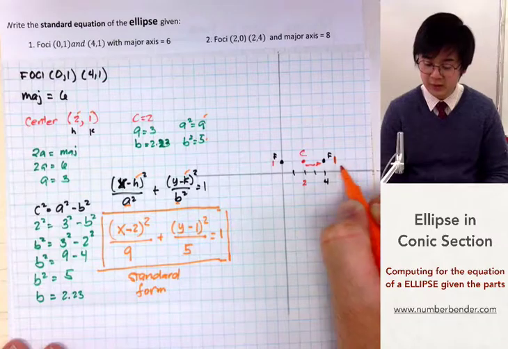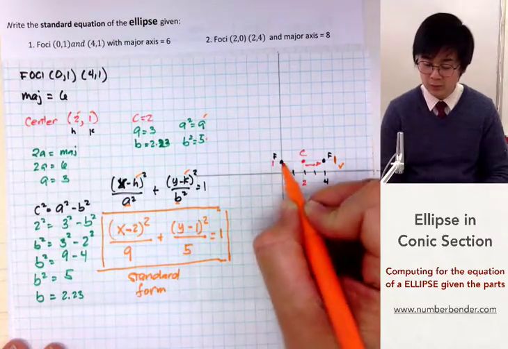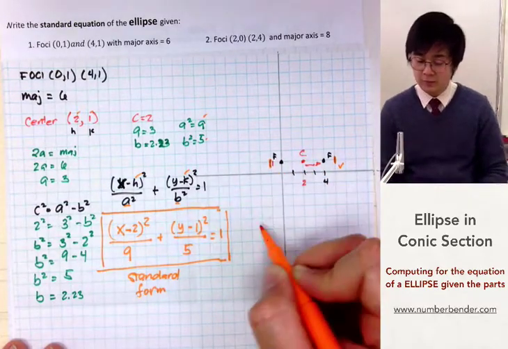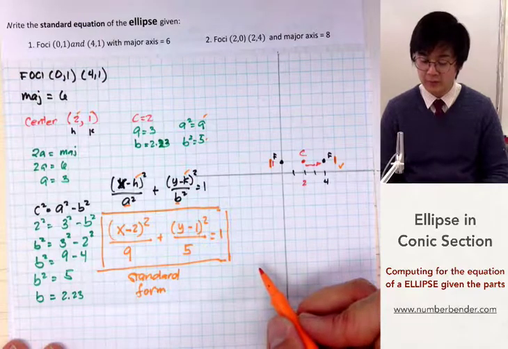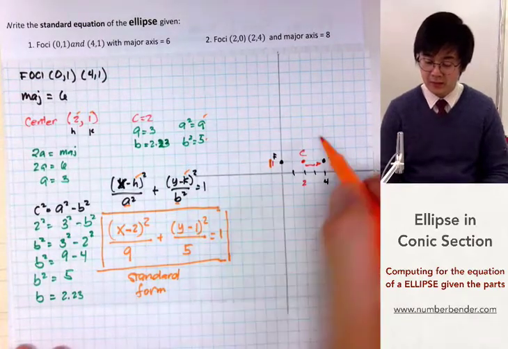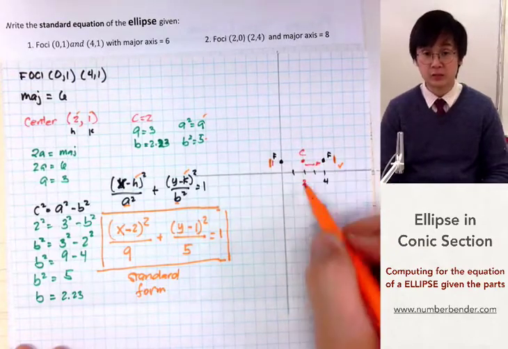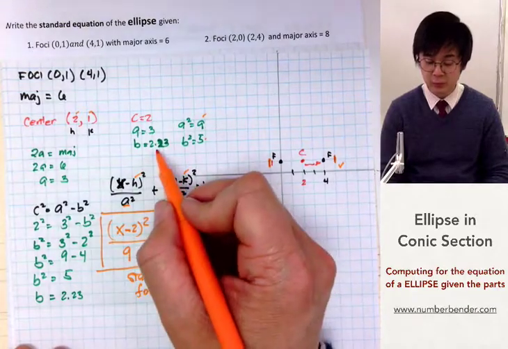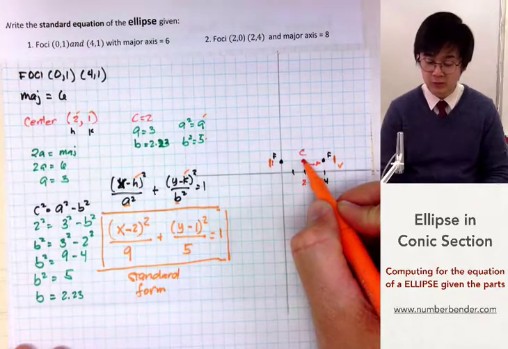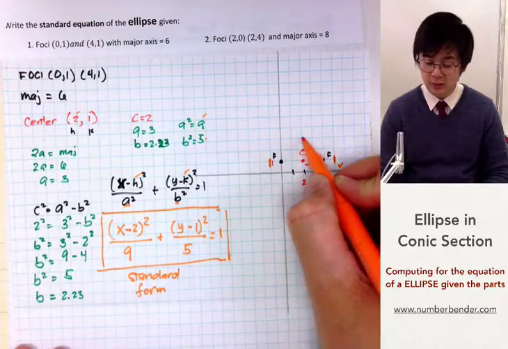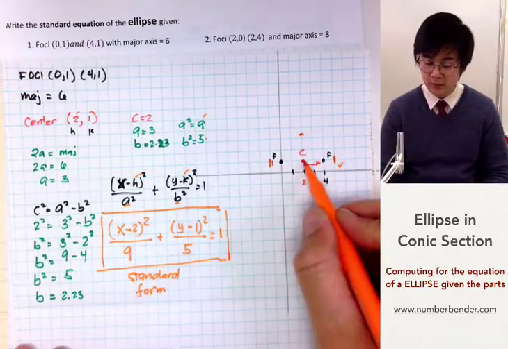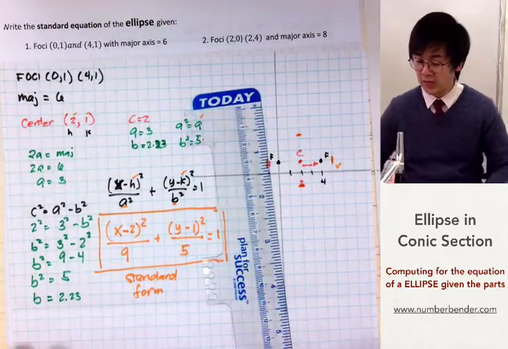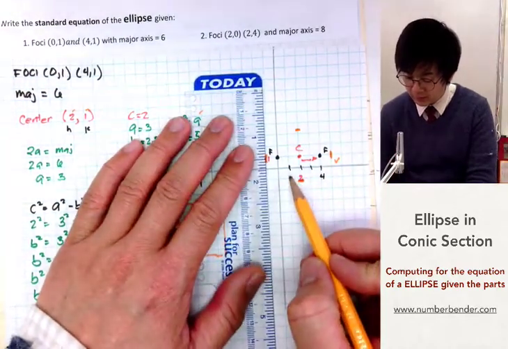This is the first vertex, and the other vertex will be 1, 2, 3 from the right. So that will be our vertex. And for the vertical vertex, we'll use the square root of 5, and the square root of 5 is 2.23. So from the center, we will count 2.23 units, 1, 2, and a little bit more somewhere here, and 1, 2 somewhere here. So if we're going to construct our guide